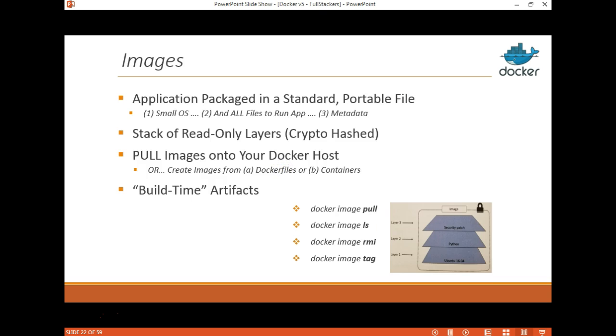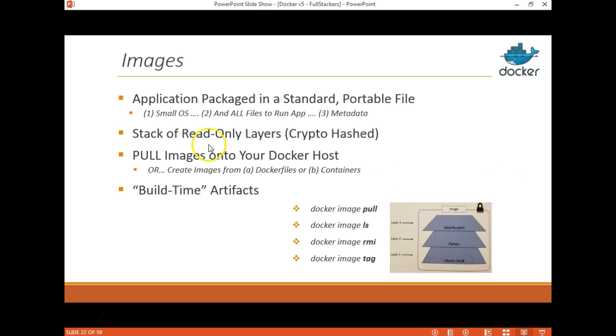Images are the second component we've already talked about. Again, that's your app. It's in a standard portable file. You want it to be as minimal as possible because you're trying to spin this stuff up. This is not a VM. There are certain use cases for VMs, certain use cases for containers. So if you're looking for a full-fledged development environment, a container may not be the tool for you. But if you're looking to quickly sandbox stuff, containers are great. If you're looking to actually move stuff down a deployment pipeline,